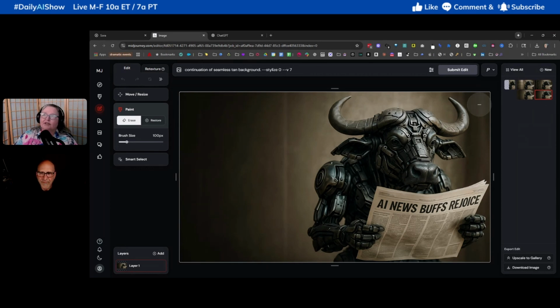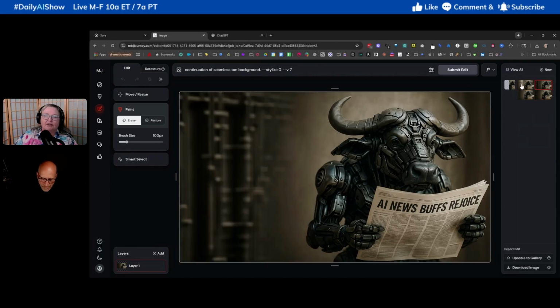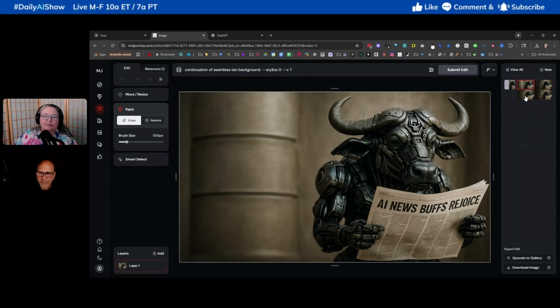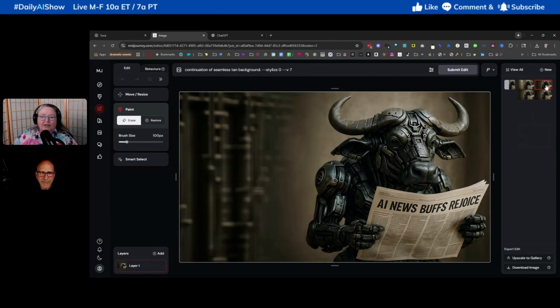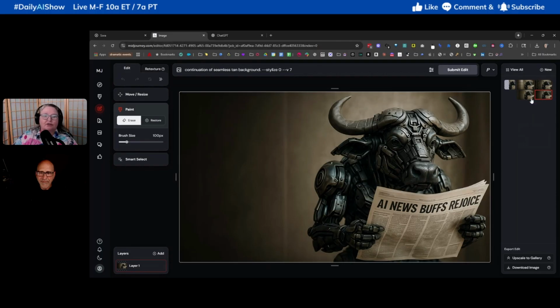So any of these are fine for me to then pull this into Canva and add our words that would go on a YouTube thumbnail. Alright, so again we have this, it gave us a funky column. I don't even know what that is, but it's just trying to generate stuff, but it's understanding that all I wanted was to generate in the back,